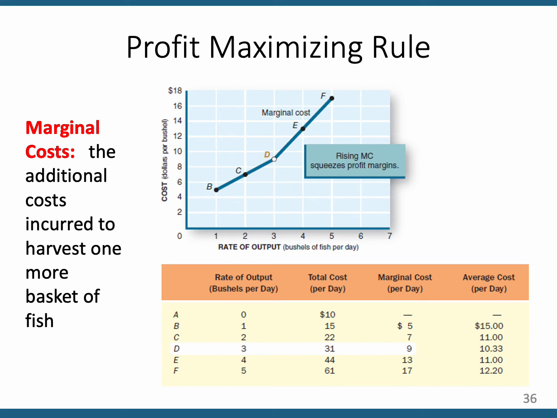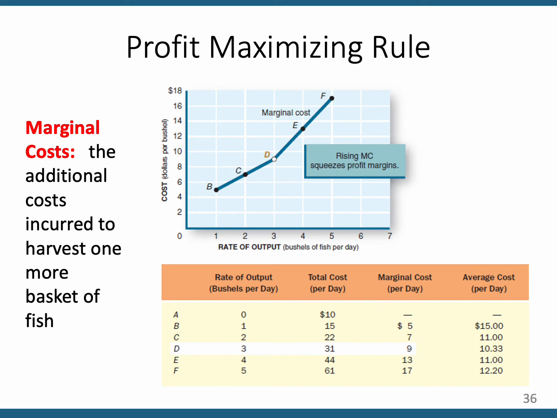The more you produce, the more marginal cost rises. Marginal cost will rise the more you produce because of the law of diminishing returns, which we hammered away at in chapter 7. So when you graph it, marginal cost is a curve that increases, goes uphill, but it increases at an increasing rate. So it has a curve to it, and there it is graphed.